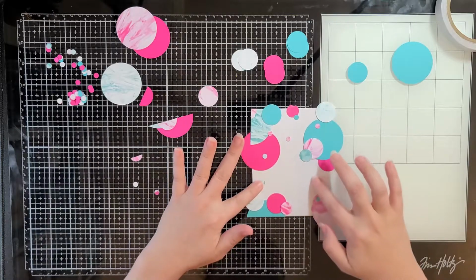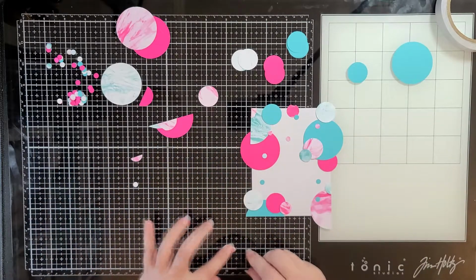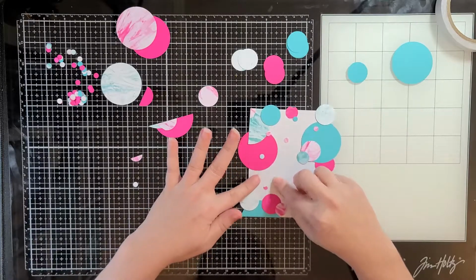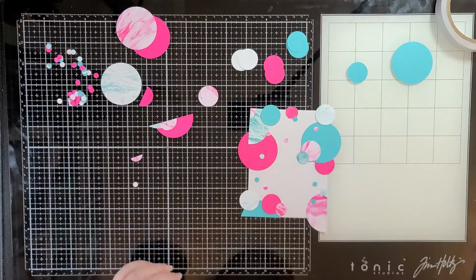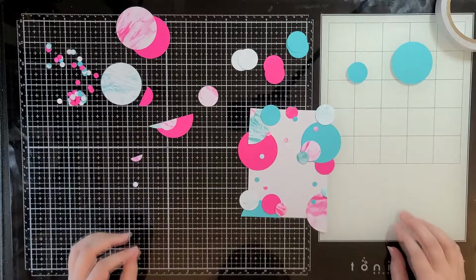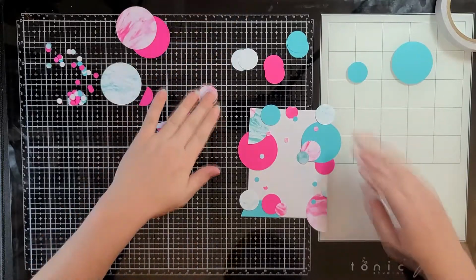So I'm just going to leave a little space here so that I can come back and put a sentiment on without covering up too many of my circles. So I left this space here so that I can put a sentiment on it later. So now that I've got a whole bunch of circles everywhere,